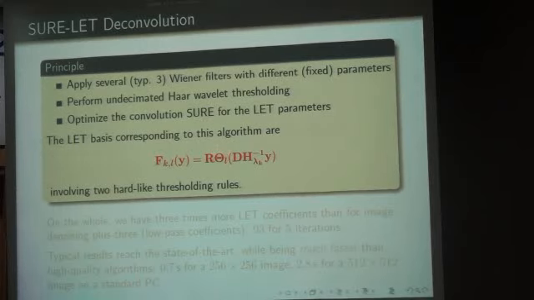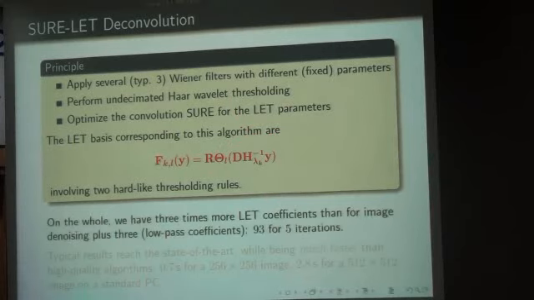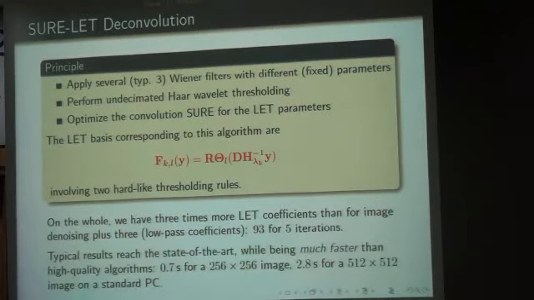And here the theta L corresponds to the denoising part. Typically two denoising thresholds per subband. So on the whole we have 3 times more coefficients than what we would need for denoising, but it's still below 100. So it's still a 100 by 100 system of equations to solve. The typical results here are really reaching the state of the art, and they are actually much faster than